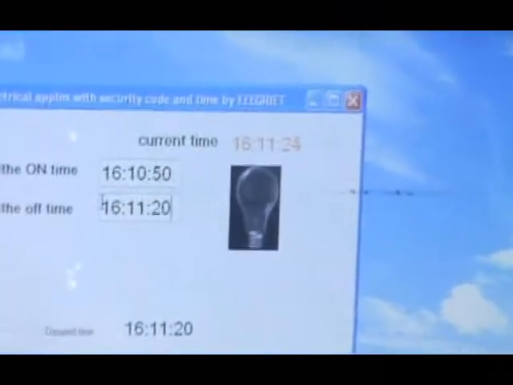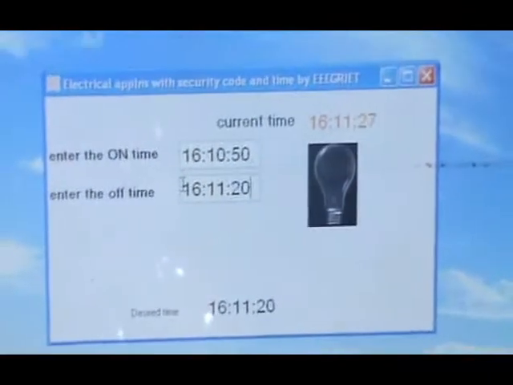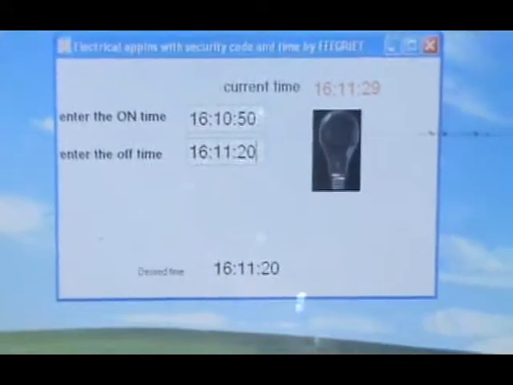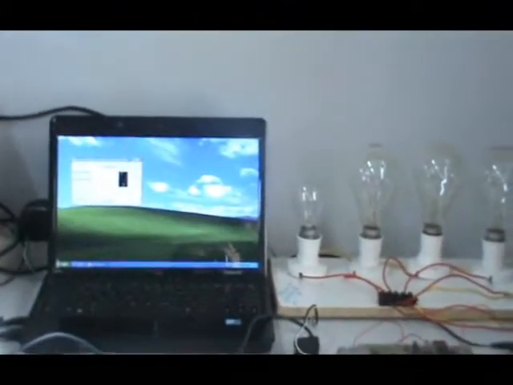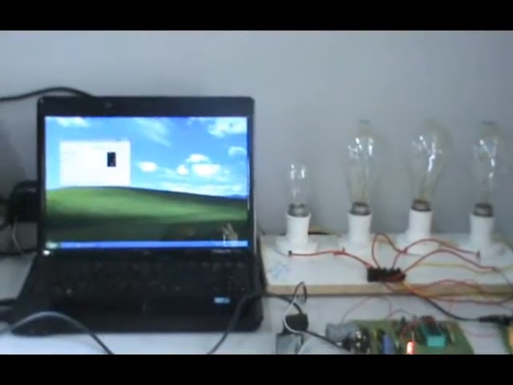So let us take another set of on time and off time. Now we have to enter the on time, which is 15 seconds. So the bulb will glow. And then off time is 30 seconds, so the bulb will turn off.